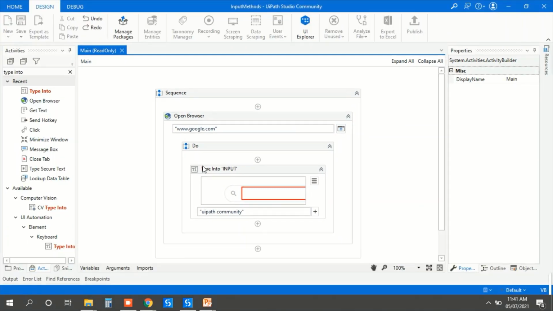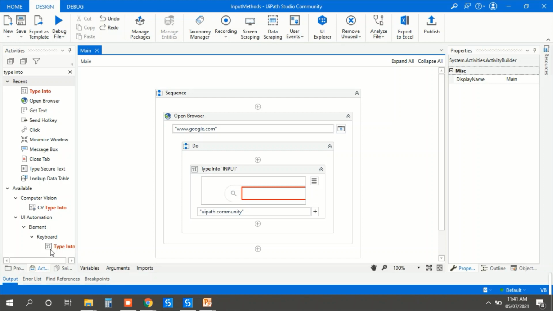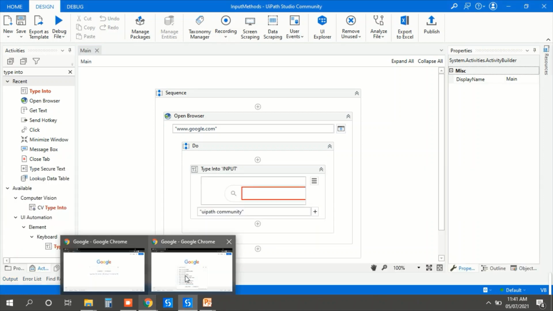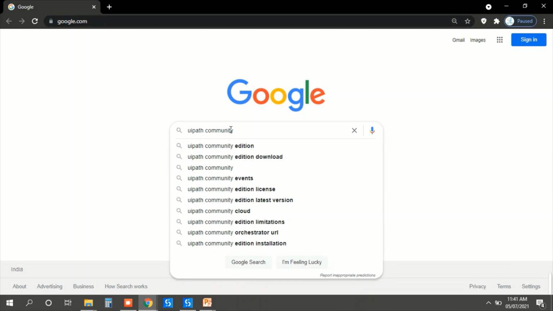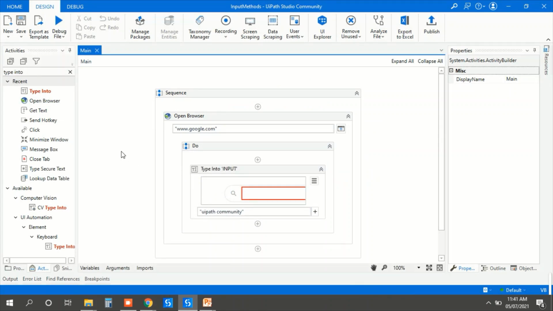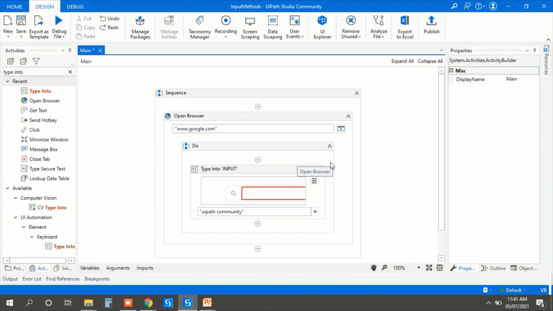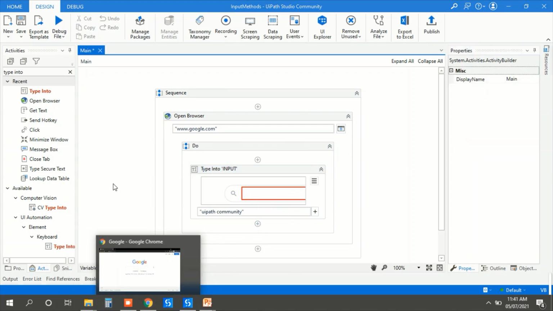So yeah, here you can see the execution ended. Now let's see if it is typing. Yeah, it is typing, because here you can see the activate window is tick marked. So let's uncheck this and run this again.